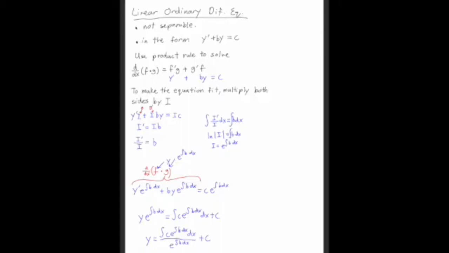or multiply both sides by this, you end up getting y prime e to the integral of b dx plus by e to the integral of b dx is equal to c e to the integral of b dx. But this is just the product rule, so we can undo this entire thing and just get y e to the integral of b dx is equal to integral of c e to the integral of b dx plus c. Now divide both sides by that integrating factor, and you get the equation at the bottom that you can use to